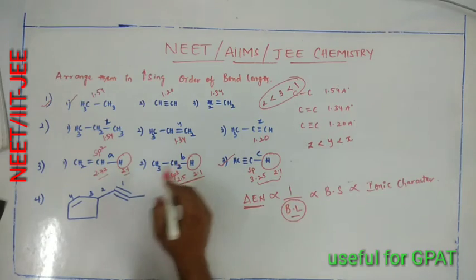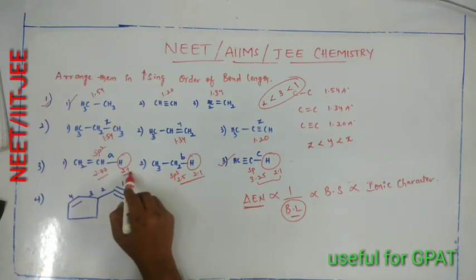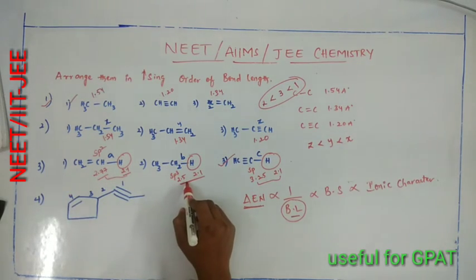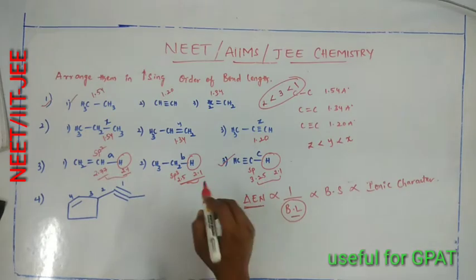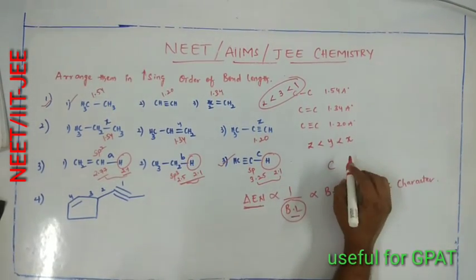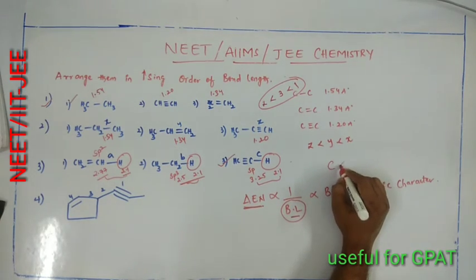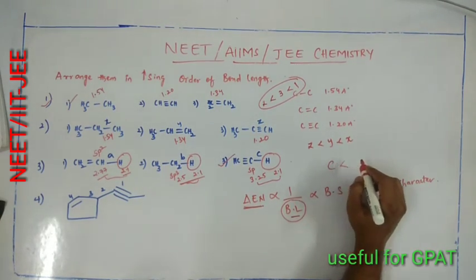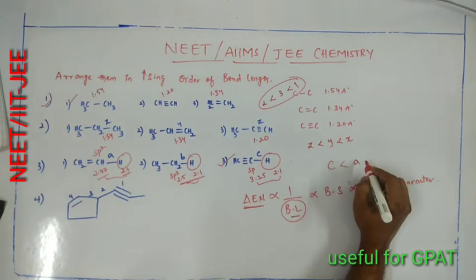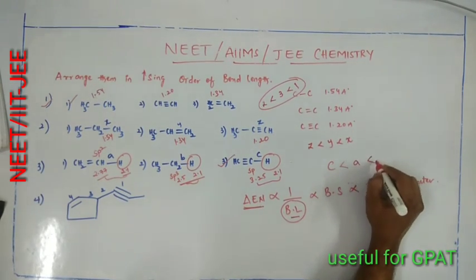In the case of 1 and 2, 2.77 and 2.1 have more electronegativity difference between these two atoms when compared with the sp3 hybridized carbon atom and hydrogen. So the third, that is C, will be the first option, having more electronegativity difference and less bond length. After that, the first example, that is A, will come before B.